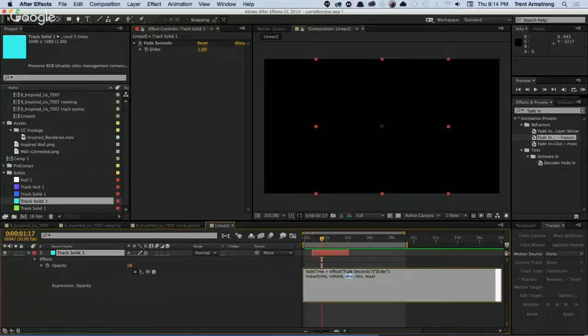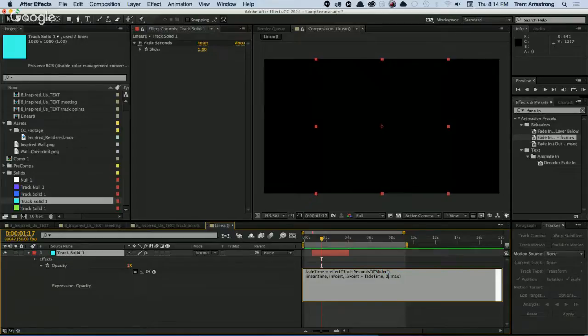All right, trick question. It's not really a trick question. Actually, it is kind of a trick question. I will just tell you. I want this to be the endpoint plus my fade time. I'm not going to the out point. I'm going endpoint plus fade time. So I'll do endpoint plus fade time. Now the beginning, because I want it to fade from nothing to something, my minimum is